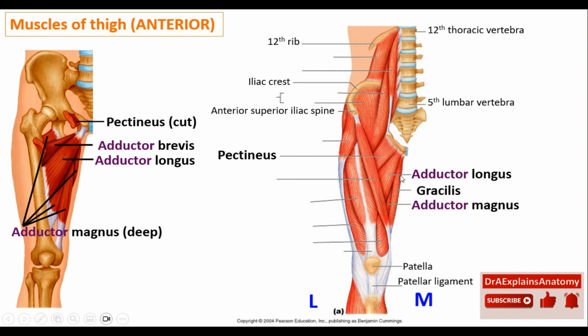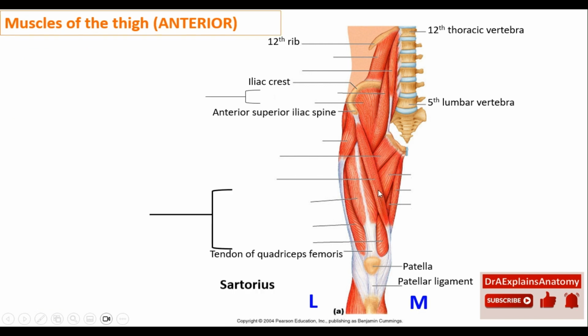This right here is the gracilis muscle. The gracilis muscle, it forms a V shape with this muscle that runs diagonally, which is the sartorius muscle. So this is the sartorius muscle. Moving to the quadriceps femoris muscle. Quadri from 4, ceps, heads. Femoris, it is in the femur, around the femur, in the femoral region, right? Biceps, 2 heads. Quadriceps, 4 heads, and triceps, 3 heads.